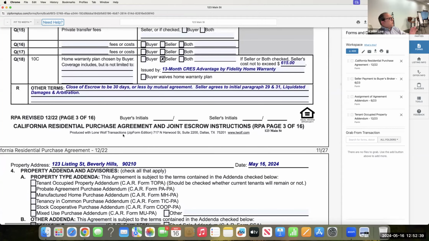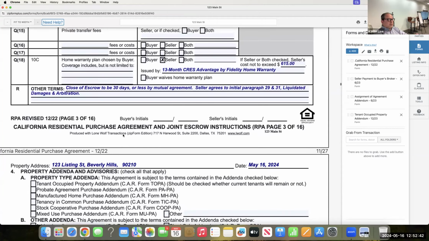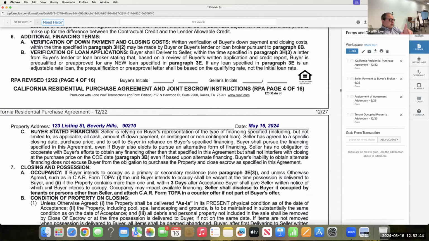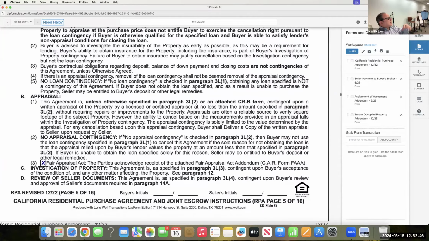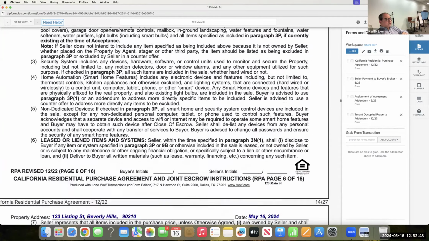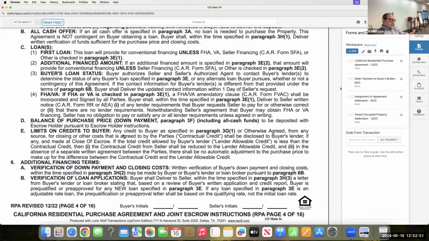But you guys have gone through the meat and potatoes of the purchase agreement. The rest really is all the language. But everything that needs to be filled out, we pretty much did. The only other thing that needs to be filled out, which we'll talk about, is